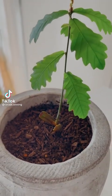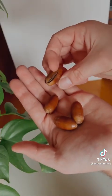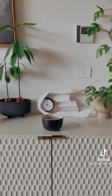So this was an acorn, but is now a tiny little oak tree, and I am going to show you how to grow one yourself. So when collecting your acorns, make sure you avoid picking up any that have cracks in them, but once you've got them, put them in water. If any of them float, chuck them out, but the ones that are at the bottom, let them soak for